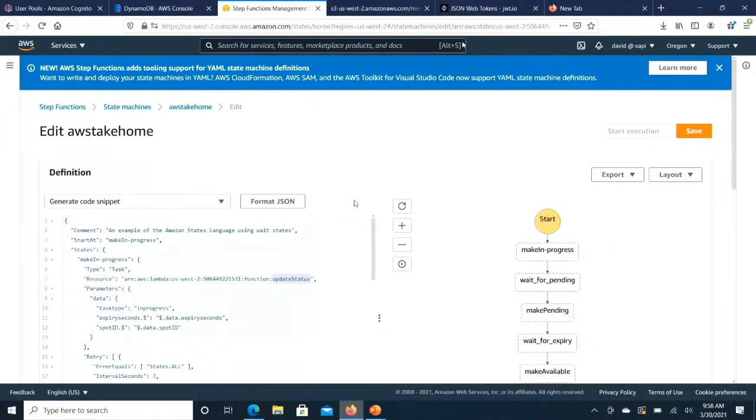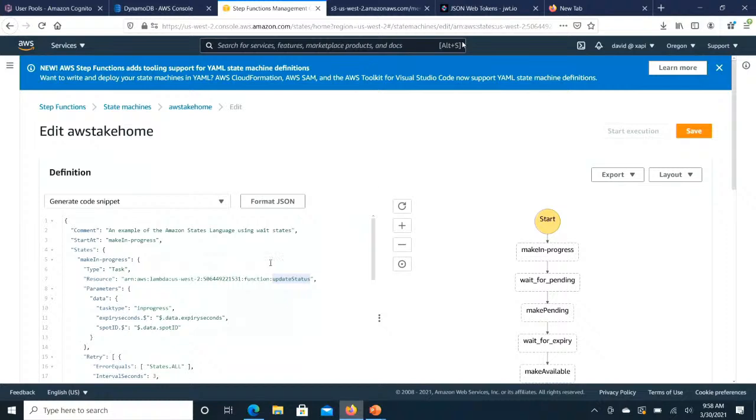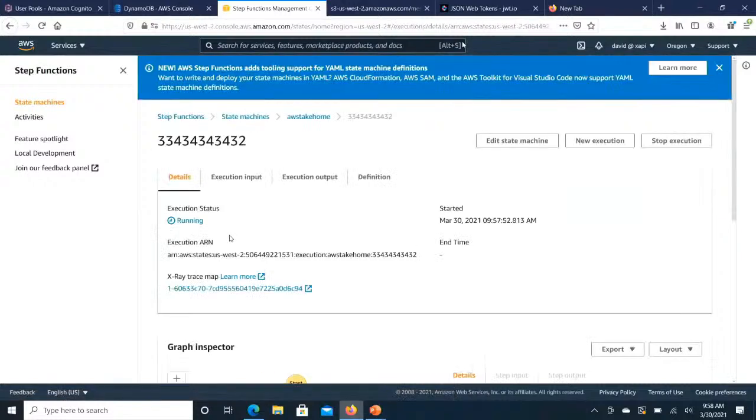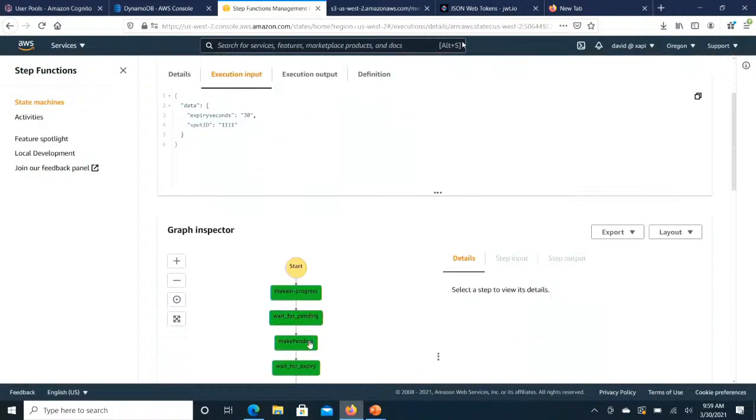I could go a little more into this. I think the one thing that is interesting is that if you actually go to the execution, I'm going to jump back here and go look at that execution. You'll see that the input provided to this execution, this is what came from my little web page called Ugly App, and it sends this little JSON payload. And this JSON payload is just saying, how many seconds did I want to reserve and what was the parking lot spot, right? So these little payloads are passed through this state machine.